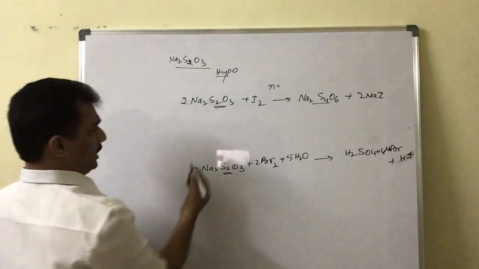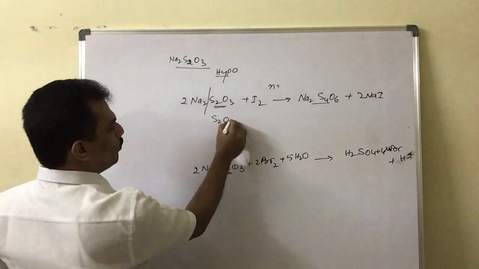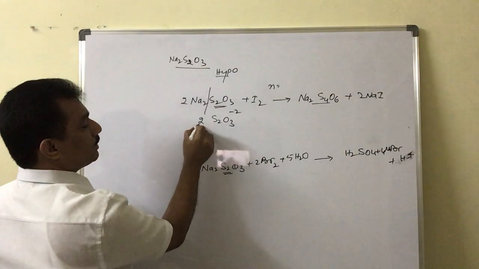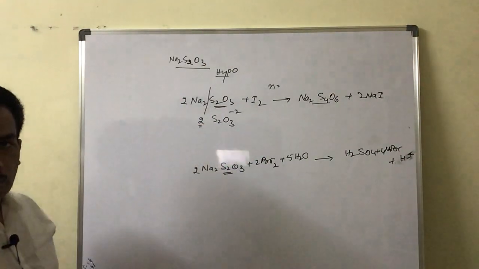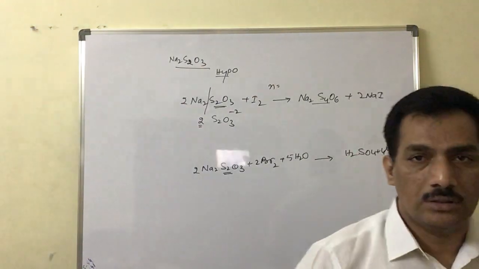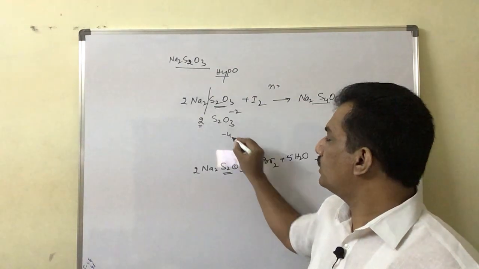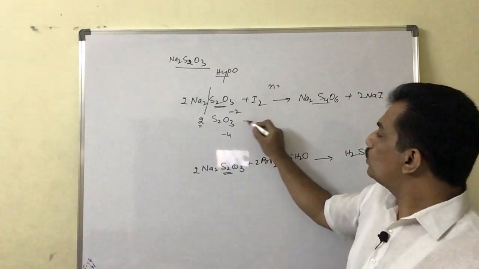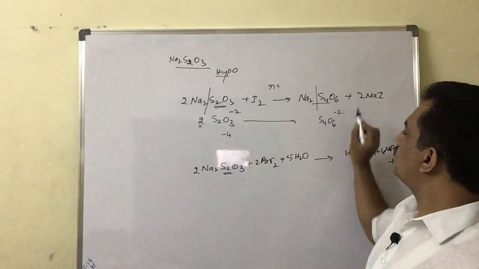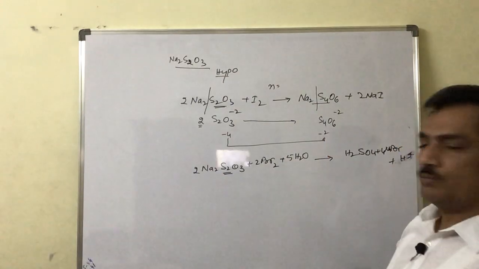Okay, what is happening? Actually, by taking out this, we are having S2O3 2-. How many such units? 2 units present. In this case, we are considering the charge on S2O3 is -2. When 2 moles are involved, a total -4 charge is there. Now these two combine to give S4O6 2-. That means -4 now changes to -2.